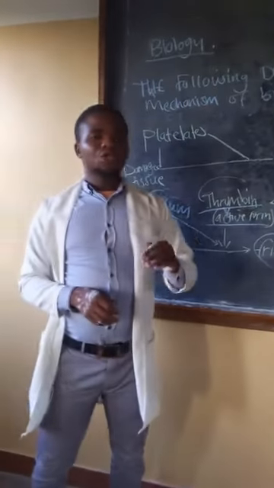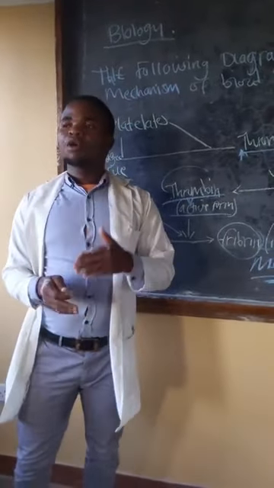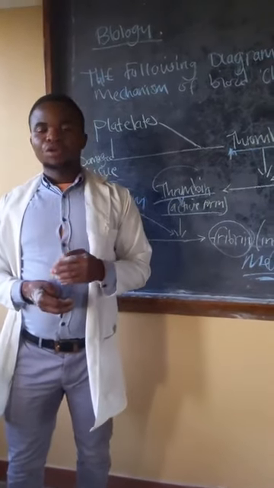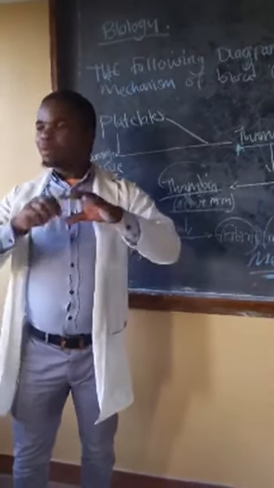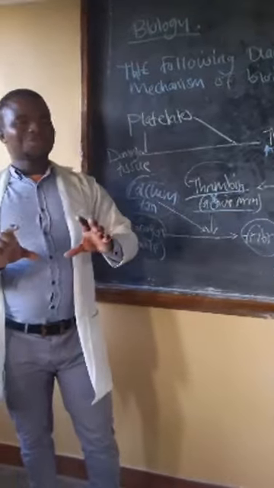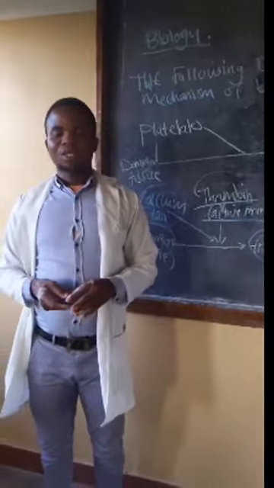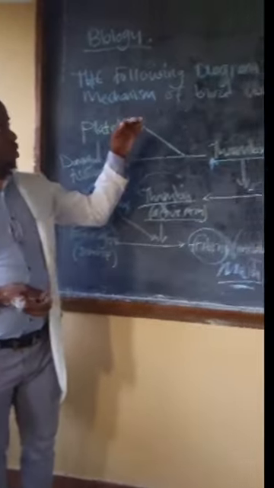And of course, it will give a chance to platelets to do their work, which is the clotting of the wound. The mesh net will be made on the wound, and the blood will be able to be trapped. And that is all about the mechanism